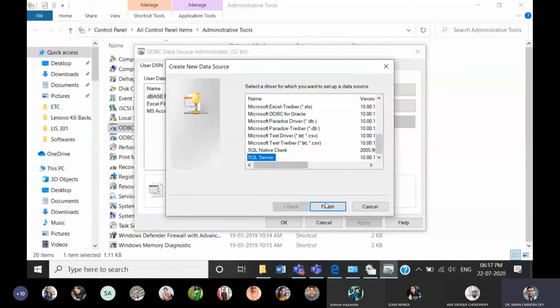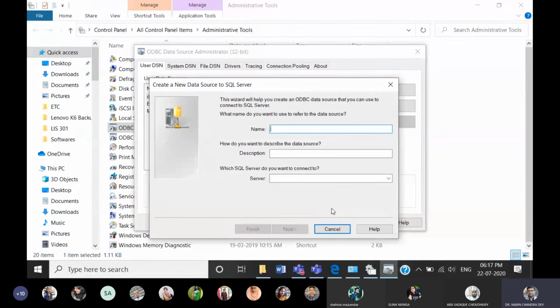So I select SQL Server, click on Finish, then one window will come up. So here again, I have to give a name. I give Sol. Description of the database also I give Sol. Okay, here it is asking me the server. I press Ctrl+V. See, which server? This is the computer name. Which server do you want to connect to? See, this is the name of your computer. I have copied it in the earlier step. It is still in my memory, so I have pasted it here. Okay? Clear up to here?